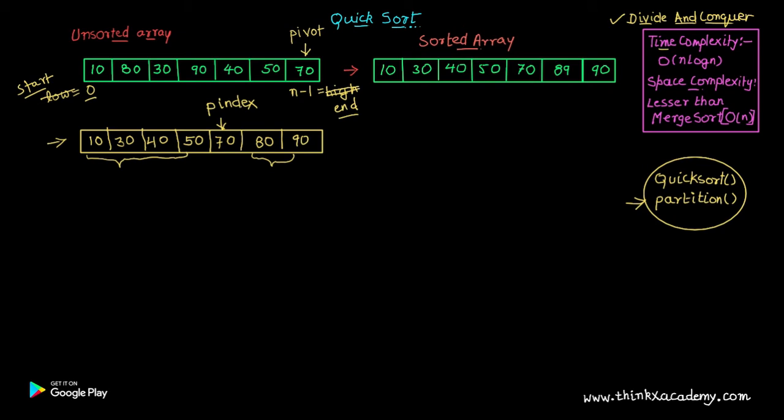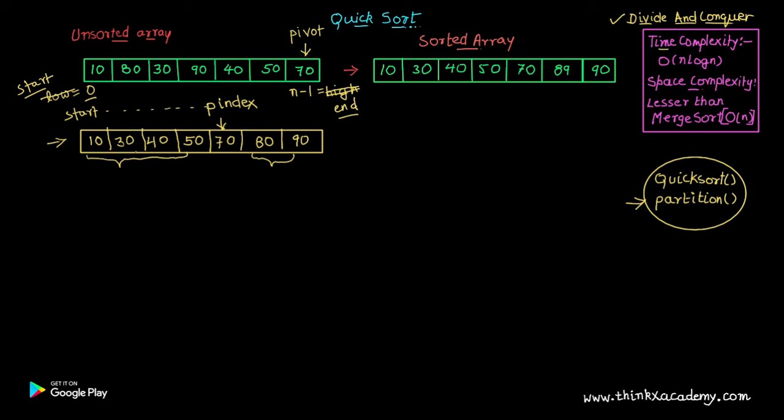It is not actually dividing the whole unsorted array, it is just swapping the values in such a manner that the values lesser than this pivot element come to the left and the values greater than this pivot element come to the right. In this manner, quicksort will be called again from the start position to the p index position,